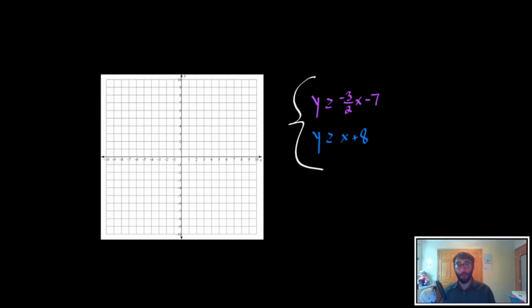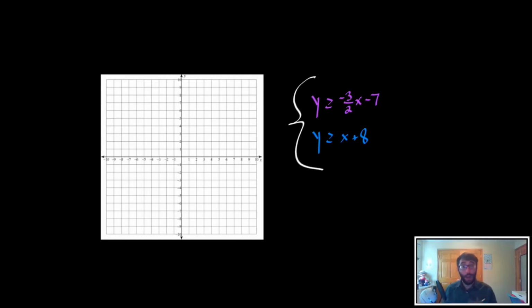Now, what is a linear system of inequalities? Well, remember, a linear system of equations was just two or more equations, so a system of inequalities is the exact same thing. It is just two or more inequalities. And the way that we solve these is actually by graphing them. Now, I'm not going to go over how to graph an individual inequality, so make sure that you watch that video. Otherwise, this is going to seem very confusing because I'm going to kind of speed through graphing these inequalities. But what we want to do is graph each of these inequalities in the same